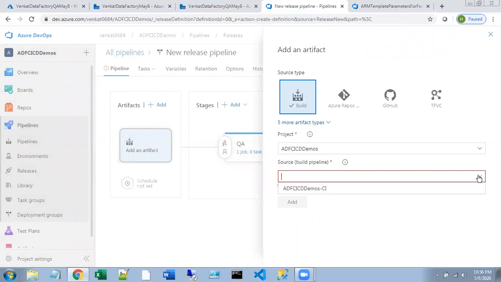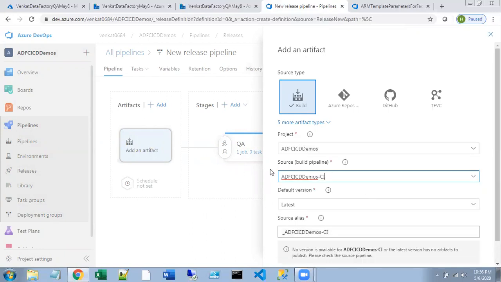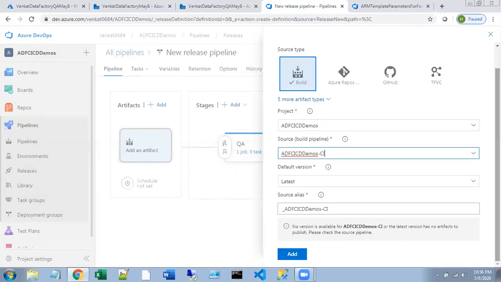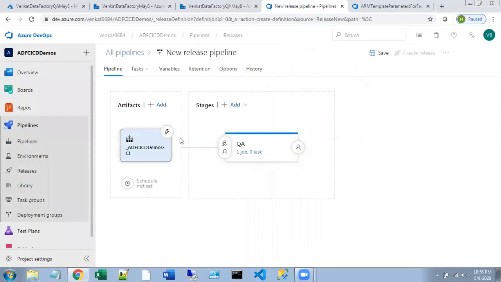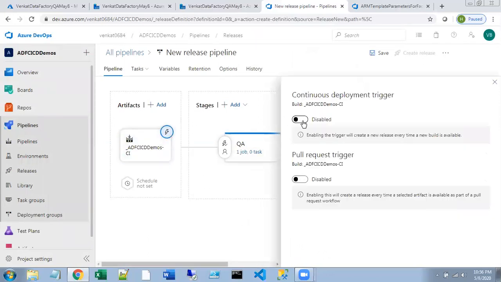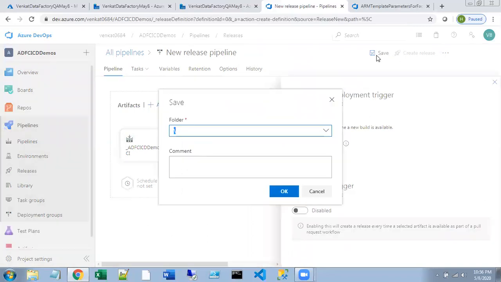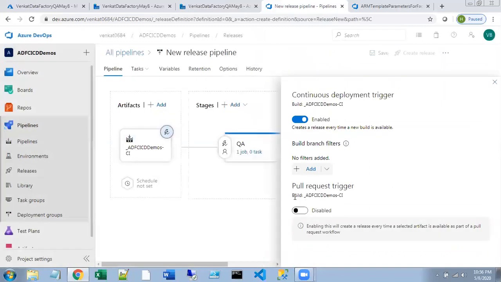Here the source is the same pipeline. All the information has been filled automatically. Say add. Then click on the continuous deployment trigger and enable it. Now click save.